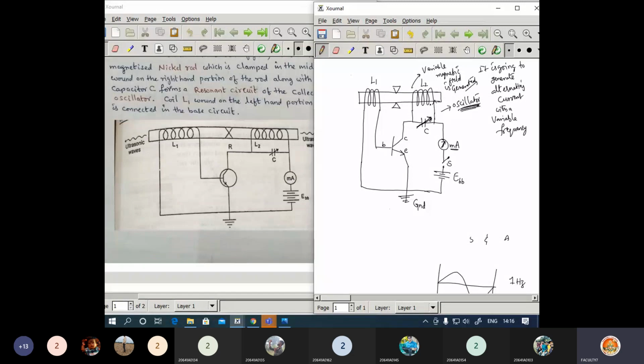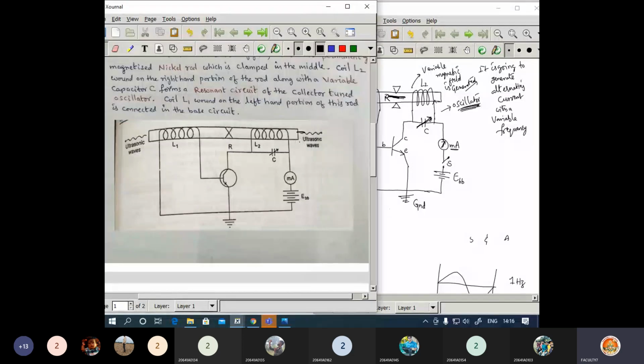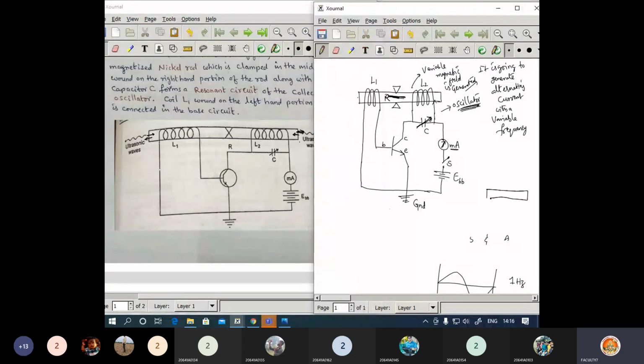Now here you can also expect the current flow and the magnetic field will be there, and due to this particular variable magnetic field, the permanently magnetized material, the rod, which we are indicating as R, is going to vibrate. Now here you can identify these are the vibrations you can experience. It is going to vibrate in both directions. If it is enlarging, you will consider these arrow marks. If it is compressing, you consider these arrow marks. So increase in the length and decrease in the length, those are the two arrow marks you need to consider.